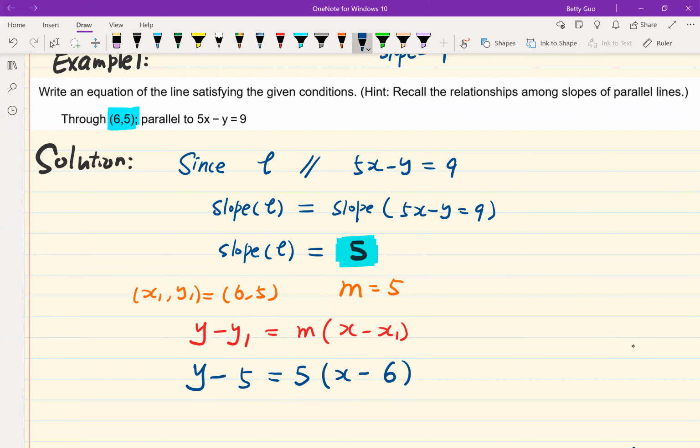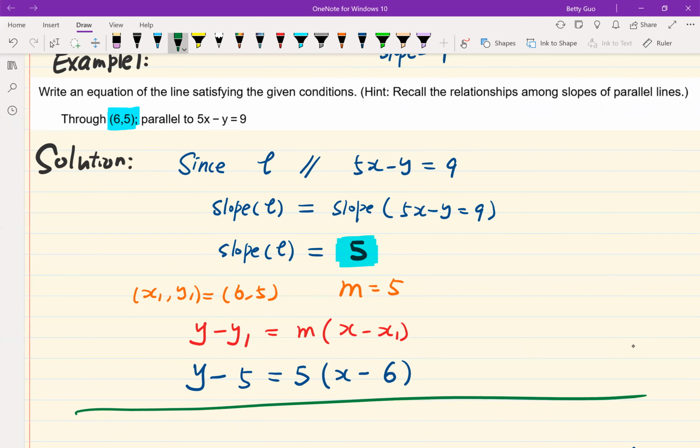Let's make a summary. Since we have a given point on the line, and we are able to find the value of the slope of the line by using the theorem. The theorem tells us if two straight lines are parallel, then they have the same slopes. Once we have the point and slope found, we apply the point slope form of the equation to find the equation of the straight line, right? Okay, next up,